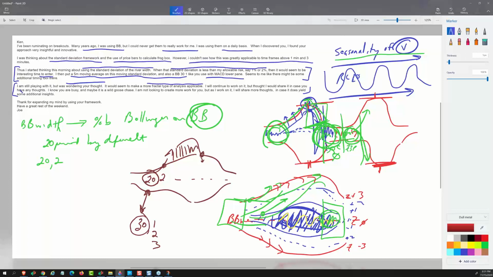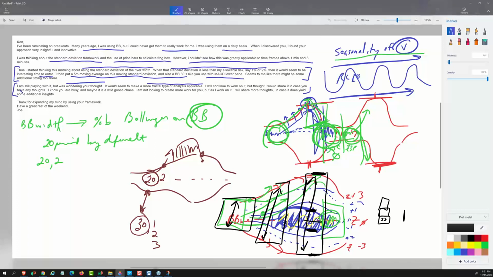So Joe's question really is, his insight is: is there something about an analysis of the width of the river, because now you can see that thing is expanding. And remember that whether you're measuring from Z3 to Z3 or Z1 to Z minus 1, these are all built on standard deviation blocks. And so when that volatility is expanding, each block is getting bigger than its previous one,